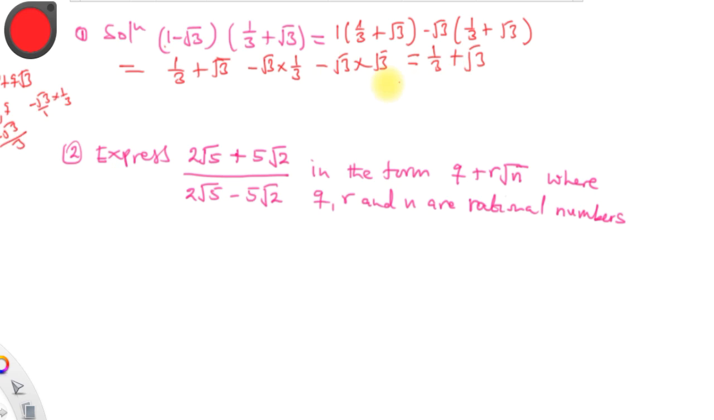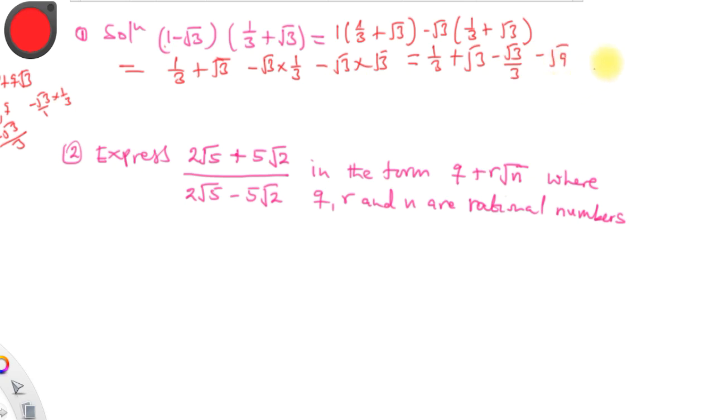So we have this one, and then we have 1 over 3 plus square root of 3, then negative square root of 3 over 3, and then we have negative square root of